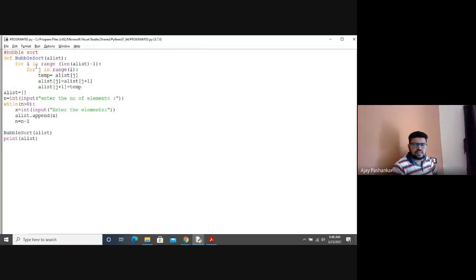फर्स्ट लिस्ट देखे जे लिस्ट -1 range temp equal to a list j.